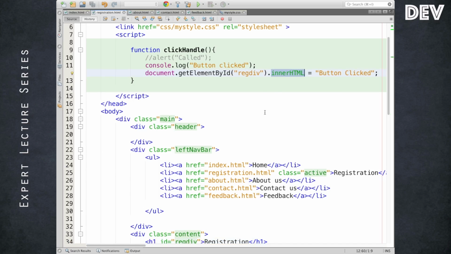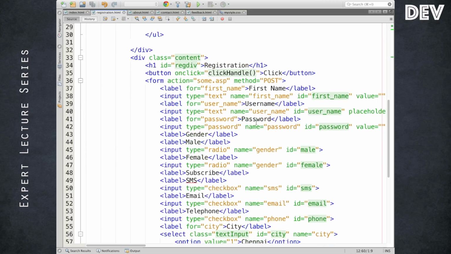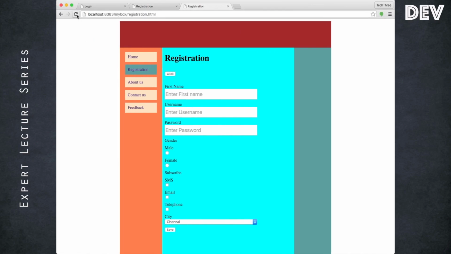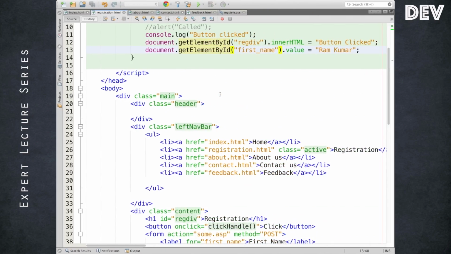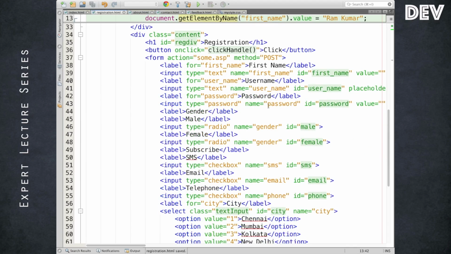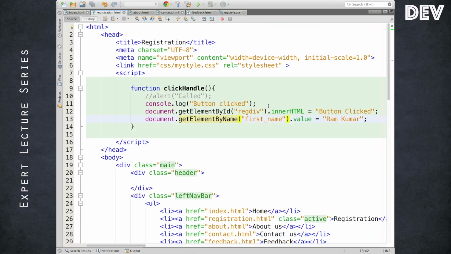For example, in this case, let me get access to the first name. We try first name. Okay, it works. Okay, so ID works, and name should work also. Okay, as of now keep it ID.